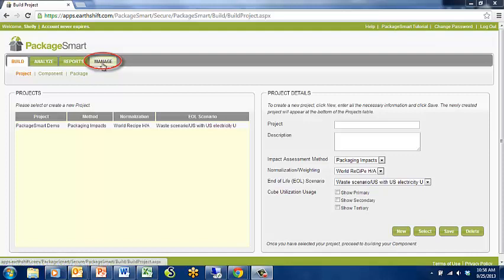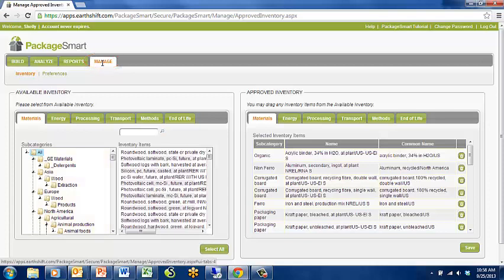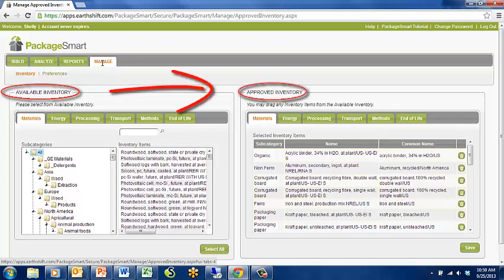Click on this tab and you can select Approve Processes, Impact Assessment Methods, and End-of-Life Waste Scenarios. In this screen, you will be selecting available inventory items from the complete PackageSmart database on the left and placing your items in your approved inventory list on the right. Users and viewers of PackageSmart will only see this approved inventory list rather than the complete list of many thousands